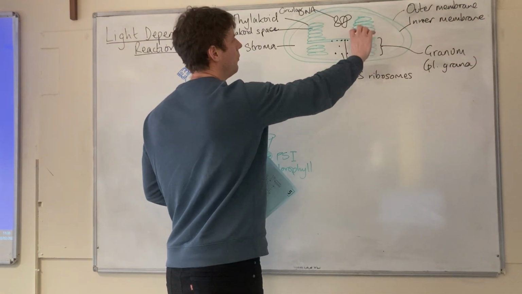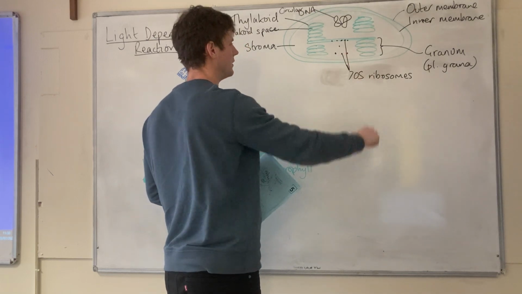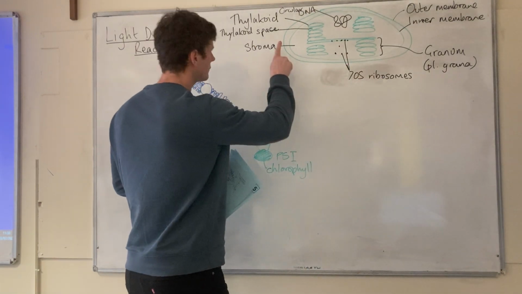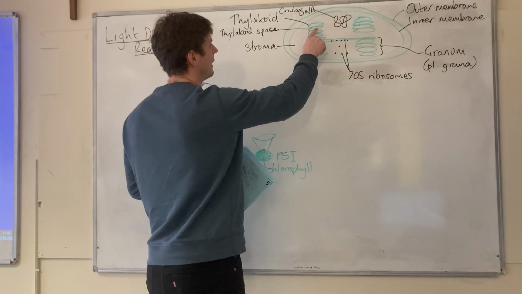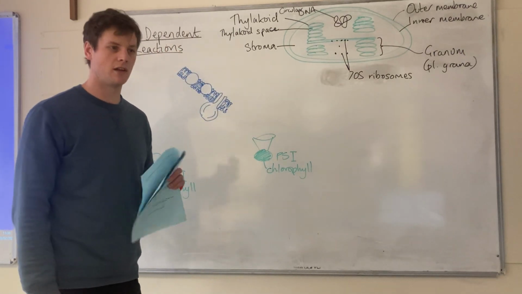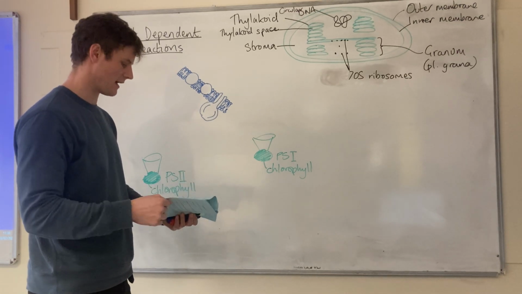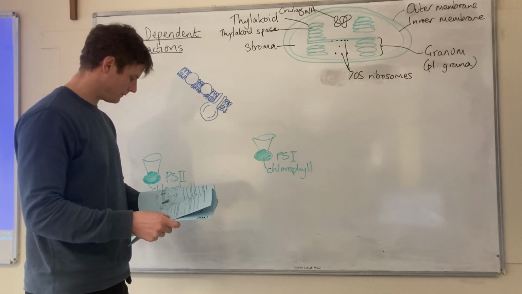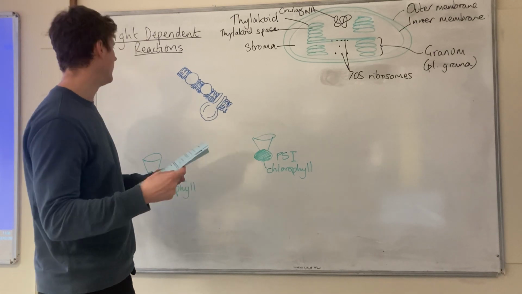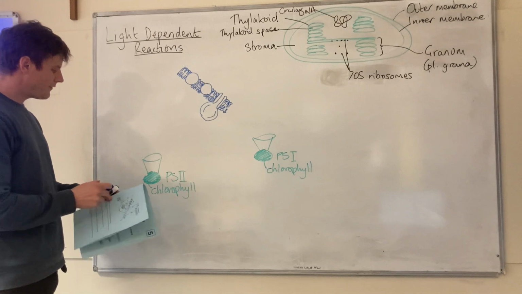If you have one stack referred to as a granum, many stacks of thylakoids are grana. So surrounded by a thylakoid membrane, and then inside that thylakoid membrane is what's called the thylakoid space. And we'll refer back to that in a moment. Okay, so if we begin